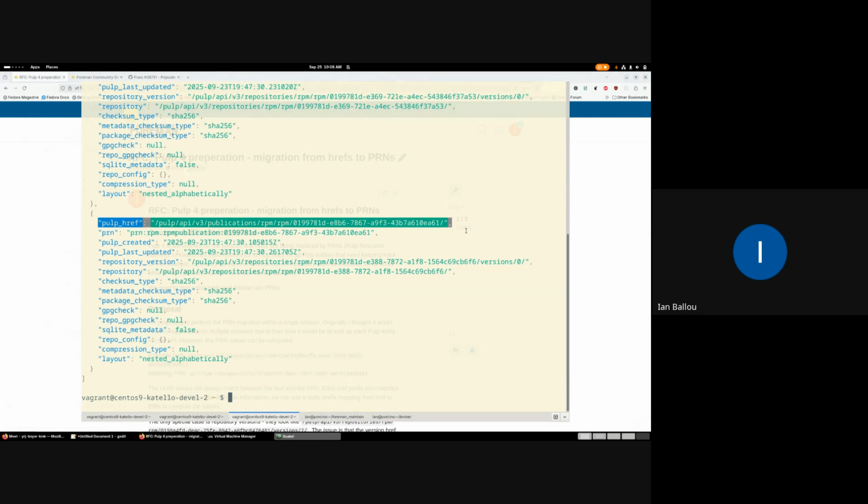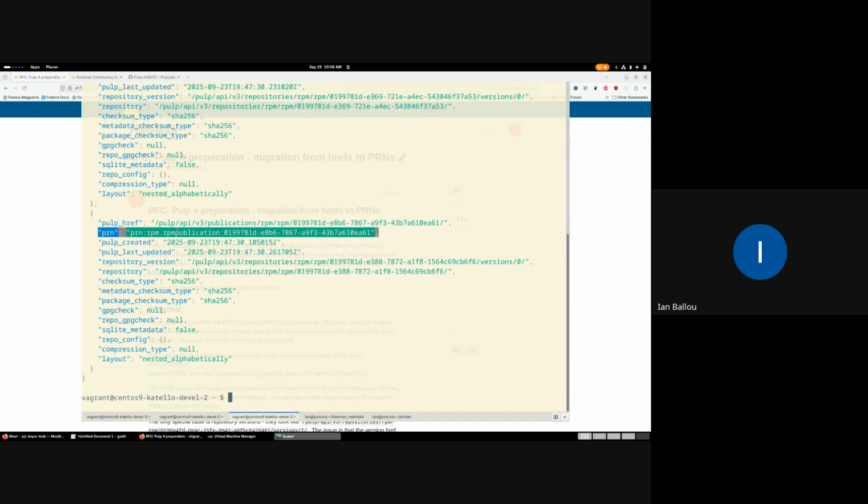Using these kinds of URLs just doesn't work very well when you talk about domain support, and there's a bunch of things that are difficult. So they're moving to something called the PRN, which looks like this. Instead, it's really just a UUID with some kind of resource label at the beginning. Our code in Katello refers to these hrefs to load up certain resources from the Pulp API. So when this drops, we need to make sure we can still talk to Pulp properly. We have to refer to these records by their PRN, which means we have to migrate.